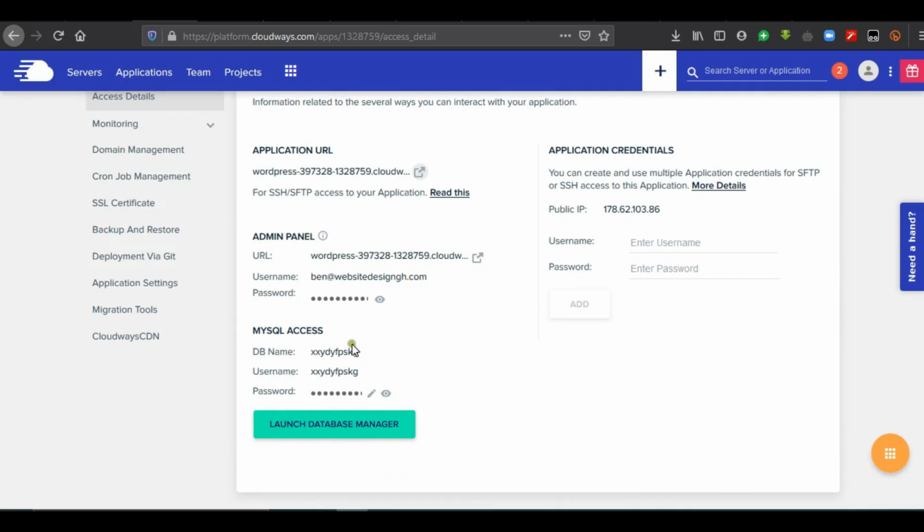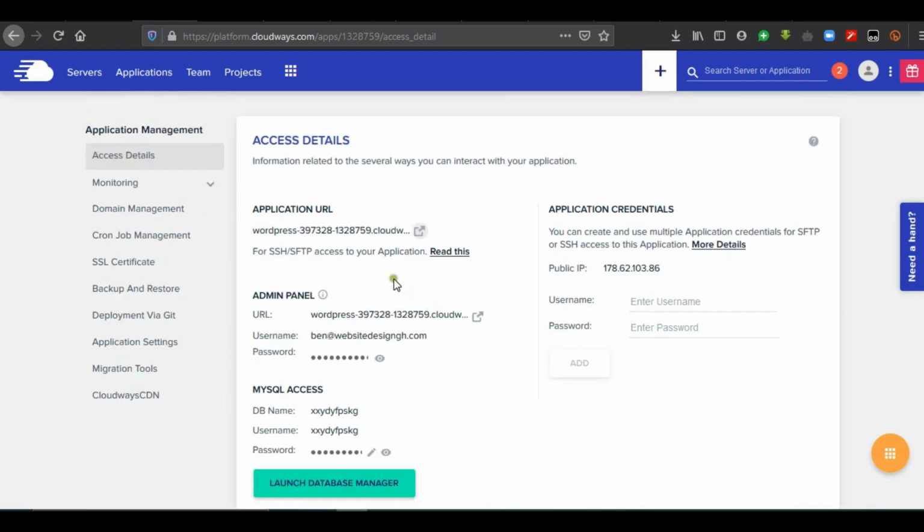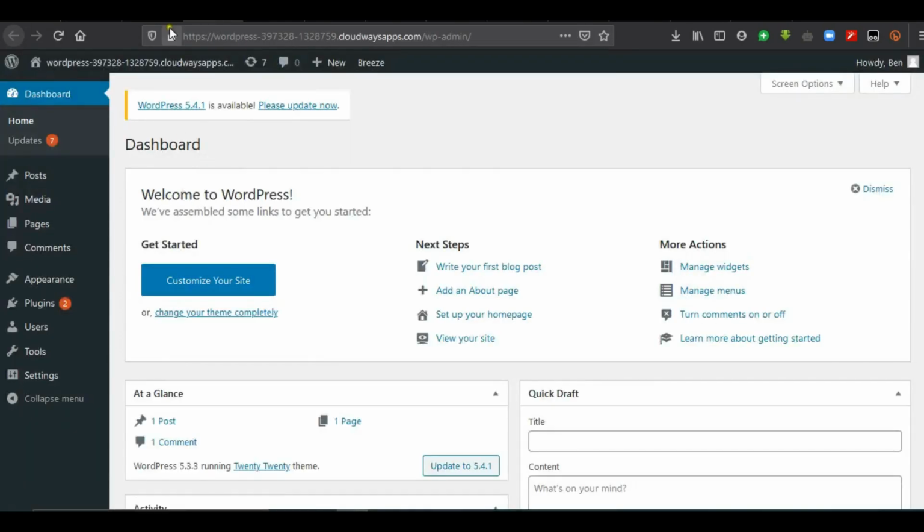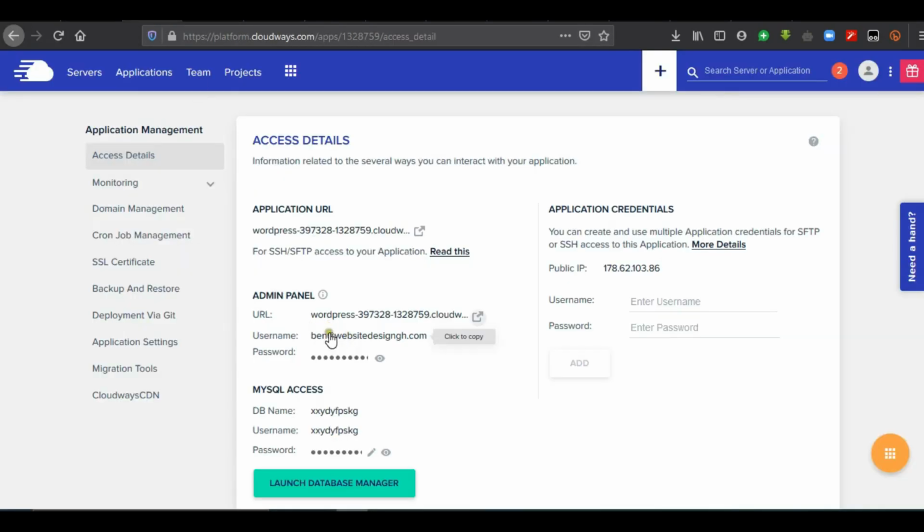This area is the database area. If you want to make some modification to the database that you have created, then you can use this one, Launch Database Manager, and make those changes. So let's use this option too. A very quick way to log into the admin dashboard. Just click on this link. It takes you to the WordPress administrator dashboard where you can use your username here. By clicking on each of these credentials, they are copied to the clipboard so that you can easily paste them